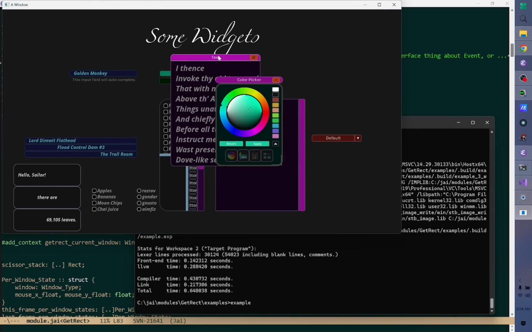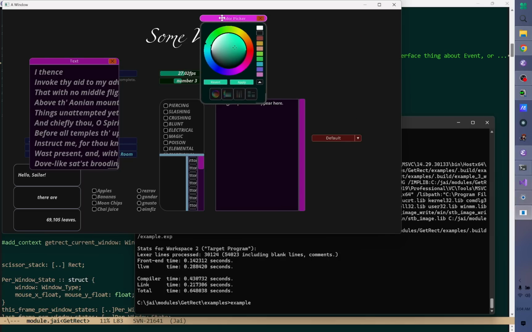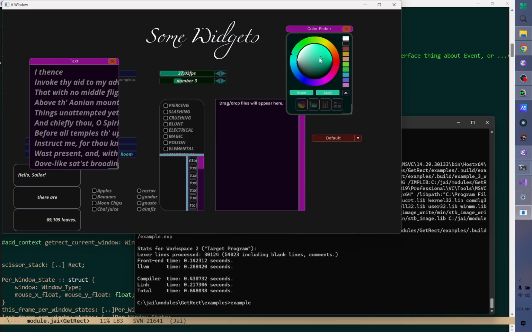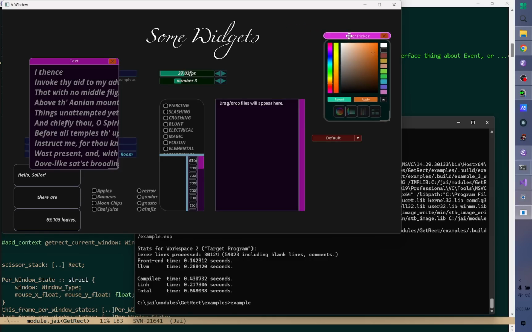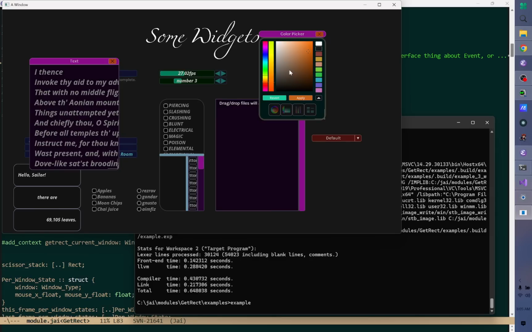Okay, so we have this. And we, in fact, already have this thing, color picker, that's a little bit like what we're talking about in the sense that it draws generally shaded color things, and it's got some different modes. And this thing here is basically exactly what we're talking about, right? But there's no ability to edit it. So what we're going to do is make a new widget where we start cloning code from color picker, except we're going to want to use color picker as well, because